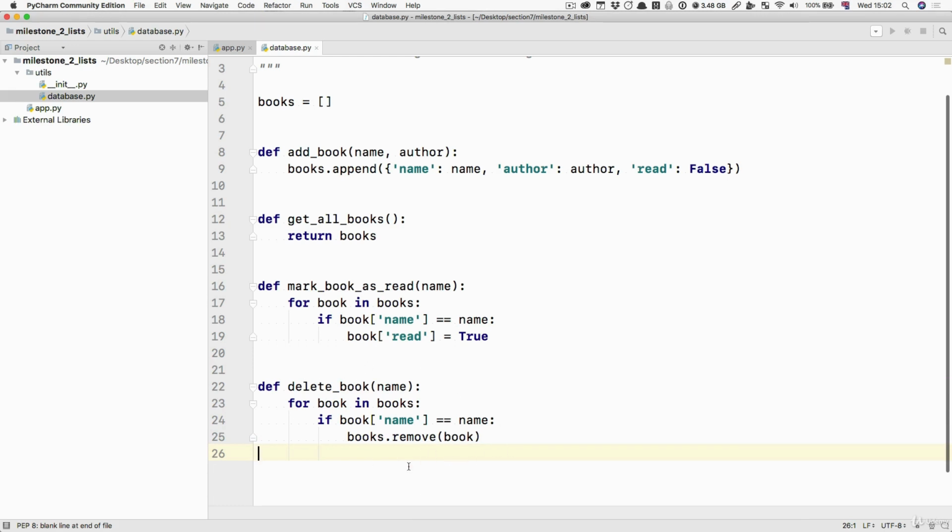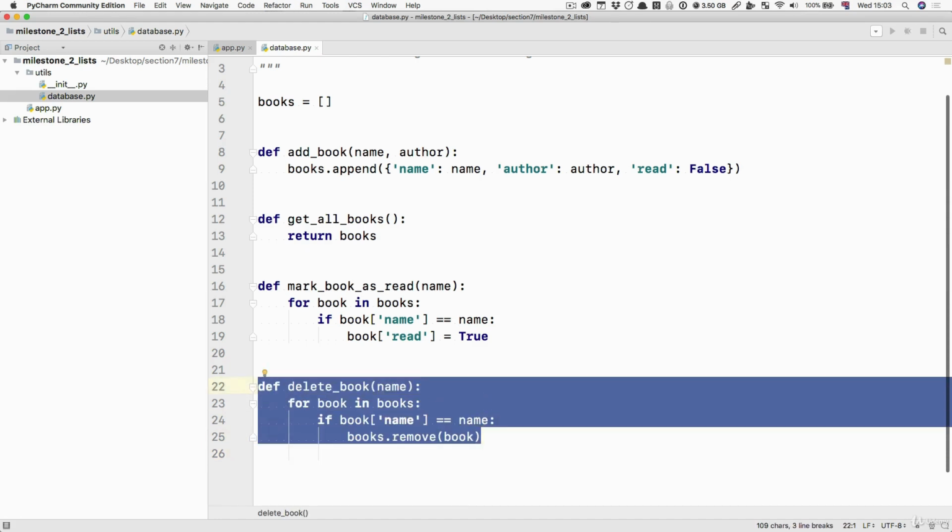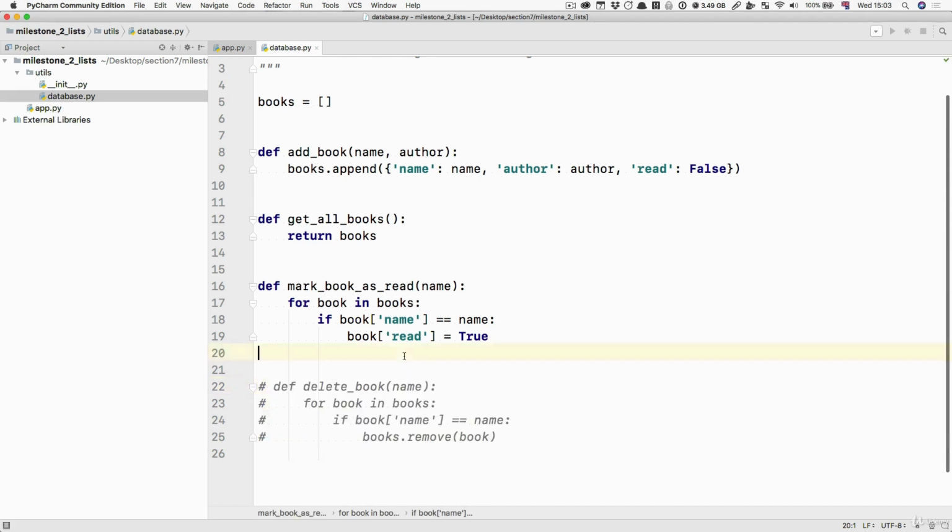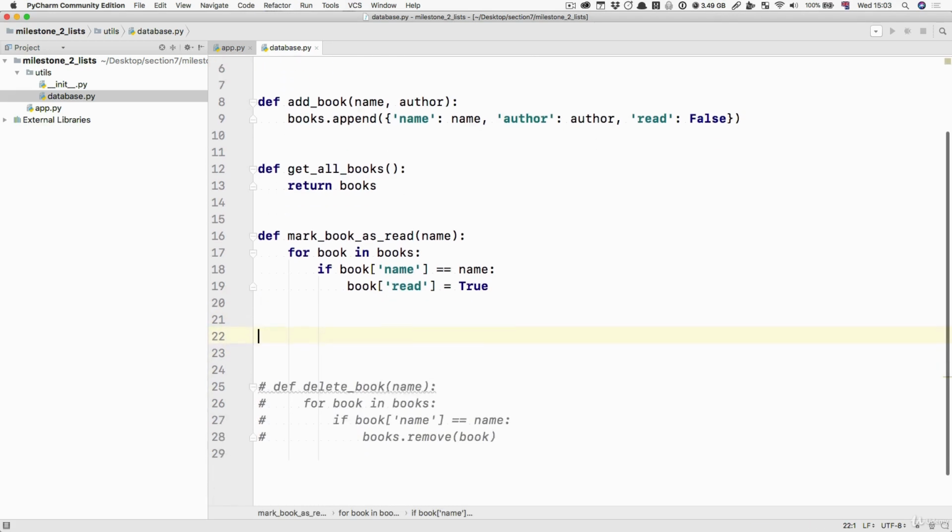However, it is generally considered bad practice to modify a list while you iterate over it. That's because as you go from one element to the next, elements are disappearing, Python can get a bit confused, so generally not a good idea to remove elements from a list while you iterate over it. However, this is a way that you could do it, and it would work in the majority of circumstances. Instead, I would